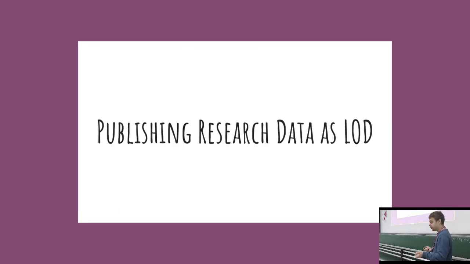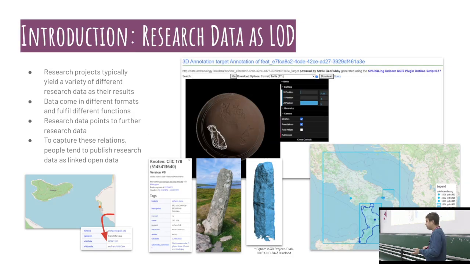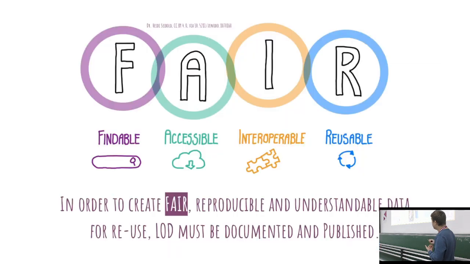If you want to publish research data as LOD, well, you will be faced with a lot of different kinds of data. So here we have images, we have maybe map data, we have a 3D object that you can see up there in the middle. You have annotations on the 3D object, and they will all be hopefully integrated in a knowledge graph that you have created with common vocabularies that you reuse for the best possible interlinking of your data when you publish the data. So that's the theory why we actually want to do linked open data.